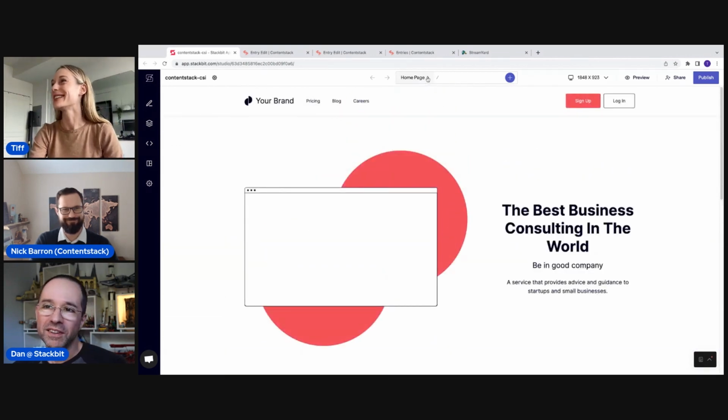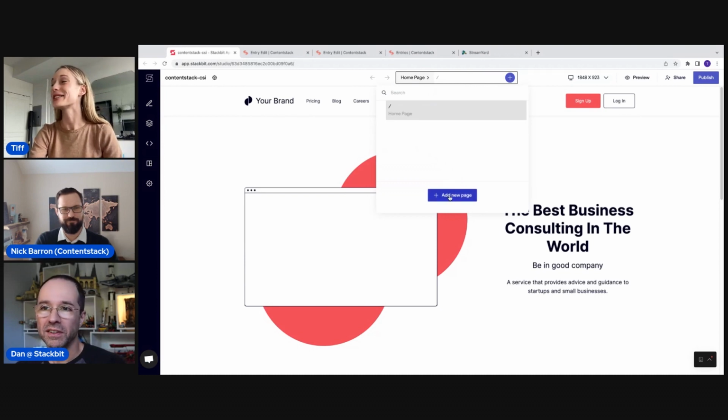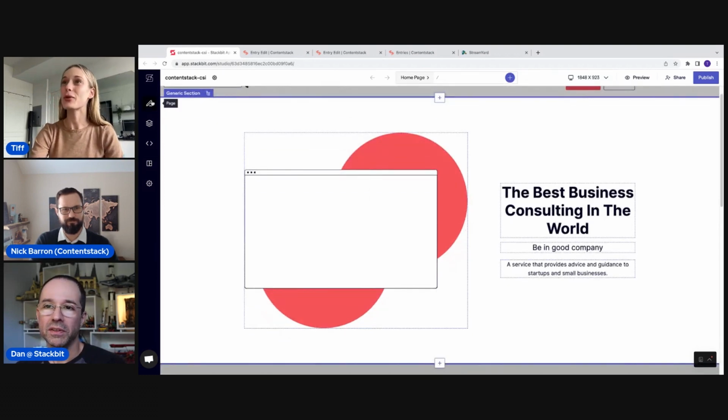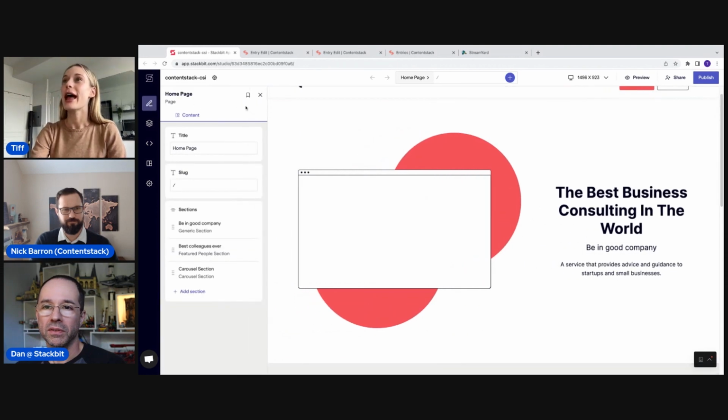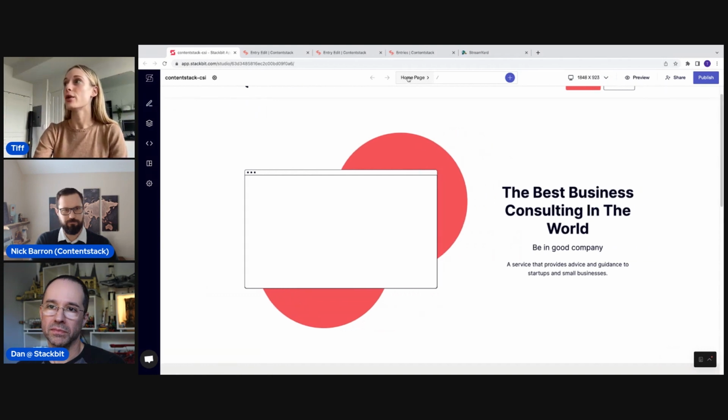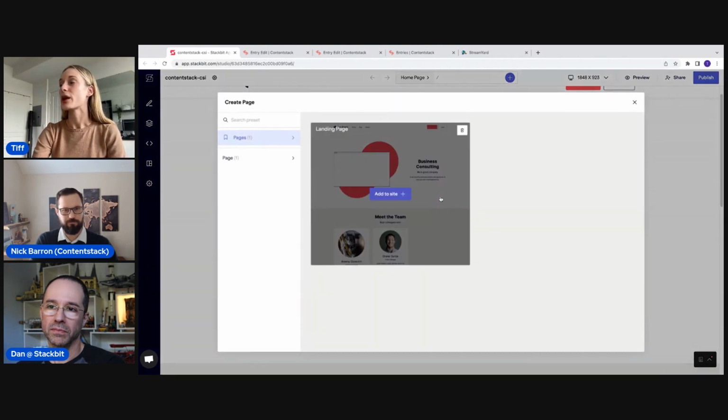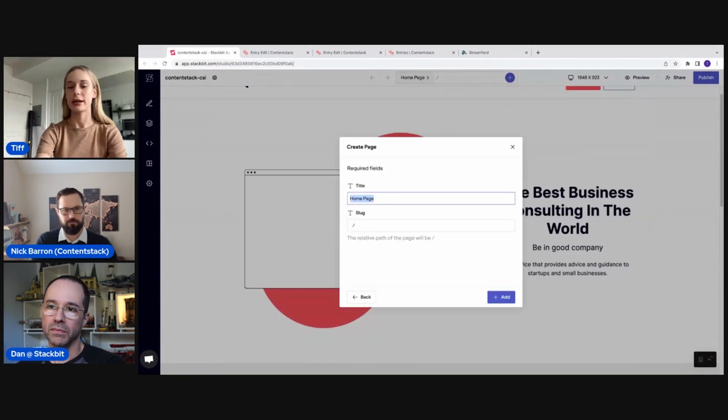Okay, perfect. So you can simply come in here and add new page. But actually, before I do that, I want to share with you. Right before this call, I was playing around on here and I saved this entire page as a preset. You can save different components as presets, which will then be reflected back in Contentstack. But I actually saved this entire page. So if I go into page, add new page, we can now see that the page I saved, landing page, is there. This is great when you are iterating quickly and creating new pages that might be similar to one another. You want to reuse some content or the structure. Let's call this page about us.